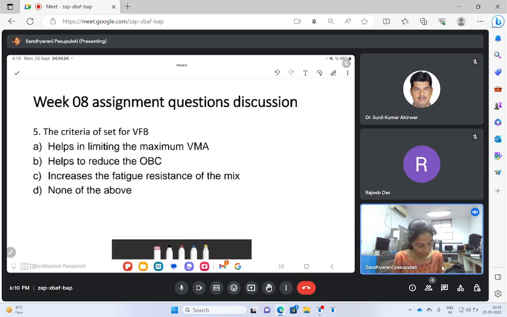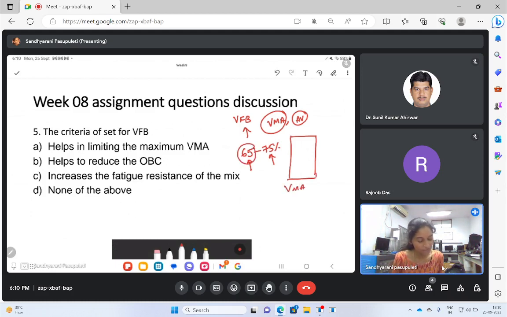The criteria set for VFB: if we recall, voids filled with bitumen is usually calculated from the data of VMA and the air voids. So if we already have the criteria for VMA and also air voids, why do we even need to check the VFB? Let us say you take the VFB, they have mentioned a limit of 65% to 75%. That means there is a minimum limit and also a maximum limit. The purpose of mentioning this is, let us say VMA is this much volume,